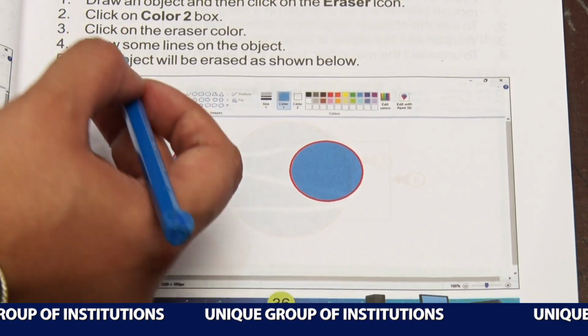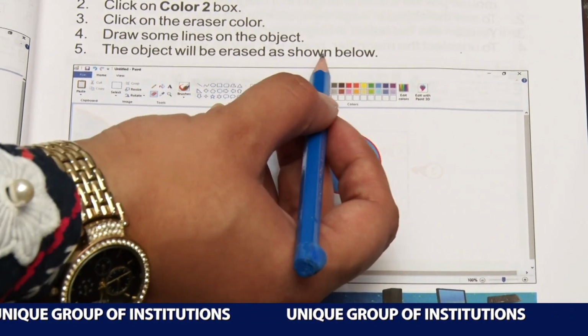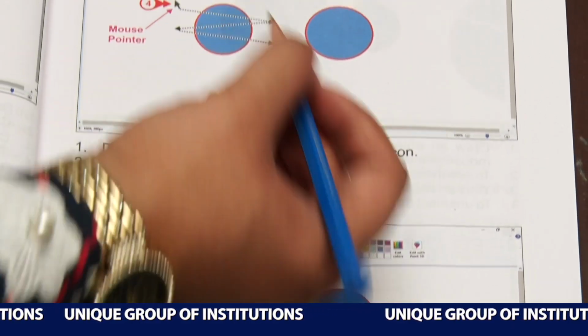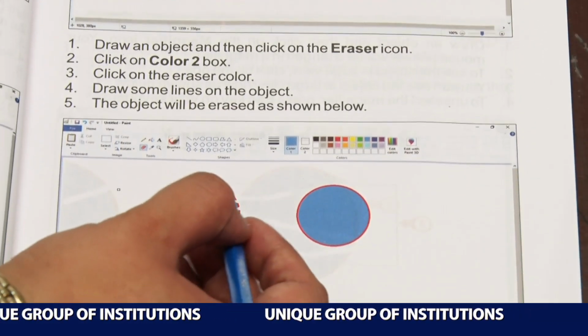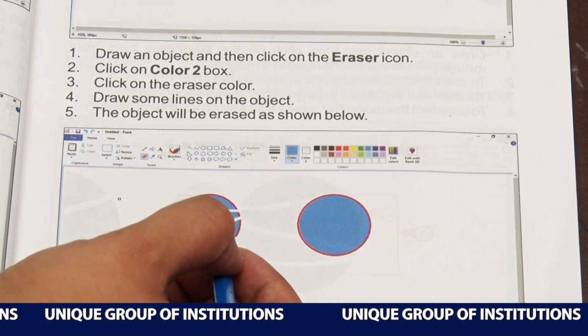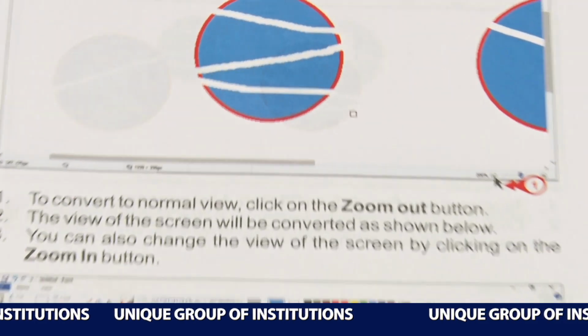Okay, got it? Then the next is the object will be erased as shown below. You have moved your mouse just like this on this image and your eraser has worked in the same pattern, and these kind of lines appeared because the image is erased from this area. Next is